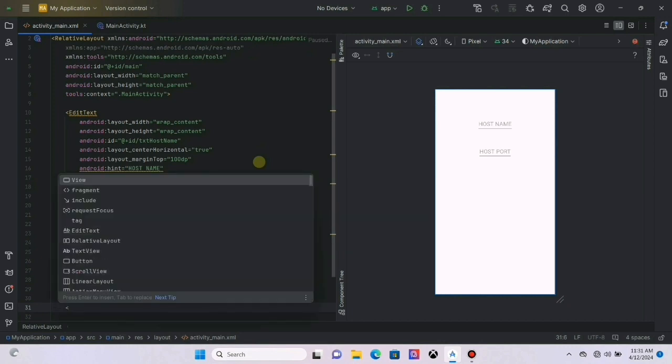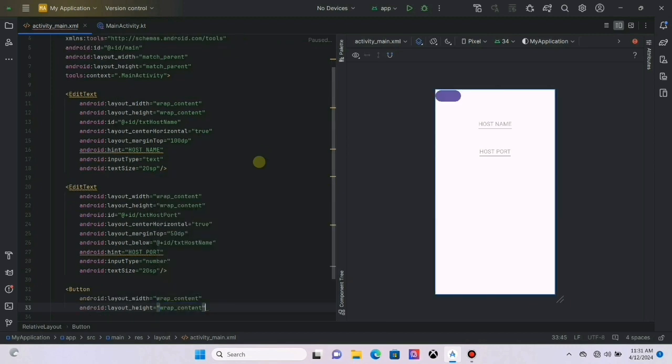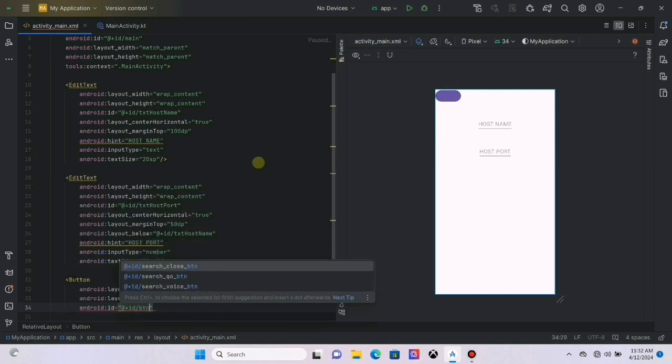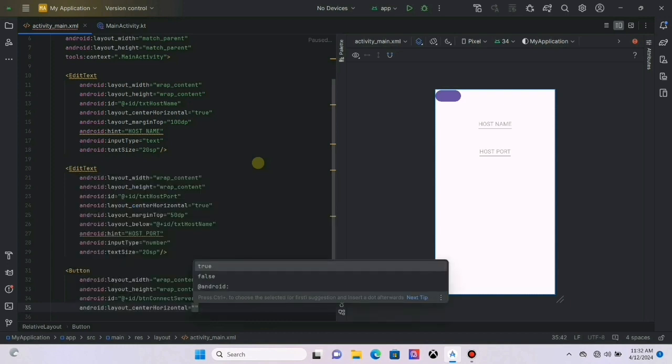Next let's create a button element for connecting to the server. I set the values of layout width and height as wrap content. Next I give an ID for this element. We need to use this ID to access this element through our Kotlin code. I center this element horizontally.